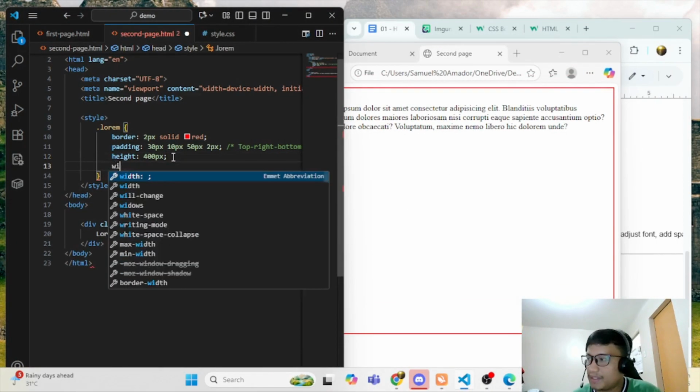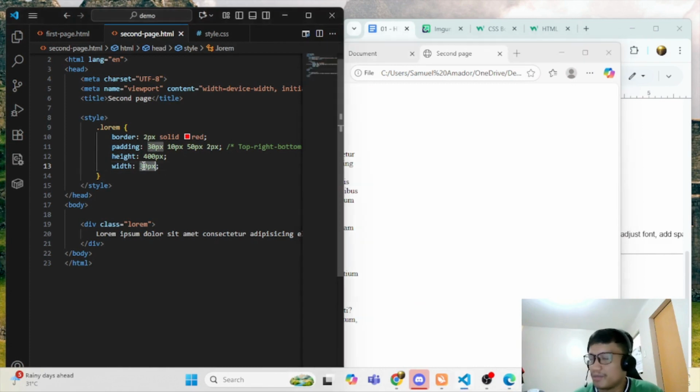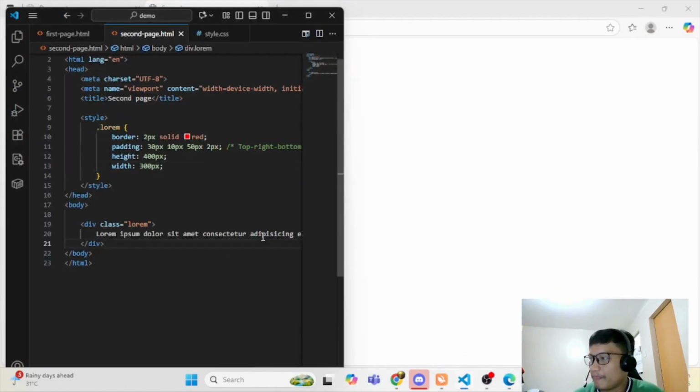Okay, so let's say I'm going to add here the width, say 30 px. Oh, too small, 300 px.